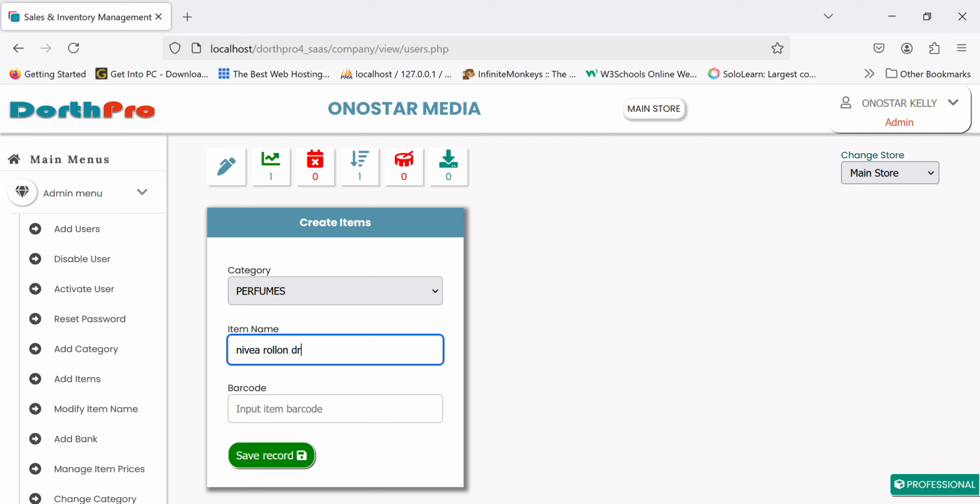So Nivea roll-on, let's say dry impact, whatever I want to, let's say I say Nivea dry impact roll-on, and let's say 33 ml, right? For pharmacy users, you know what to do. If you are creating your items, you have to be specific by entering the names, the brand names, the company names, like you do. So for example, we have something like